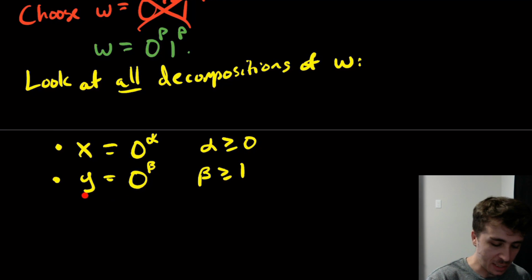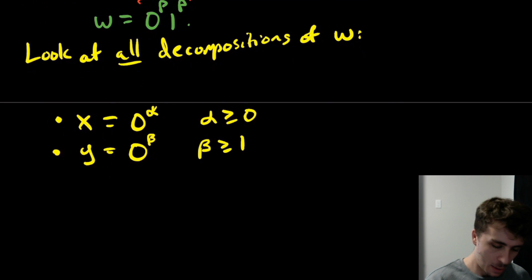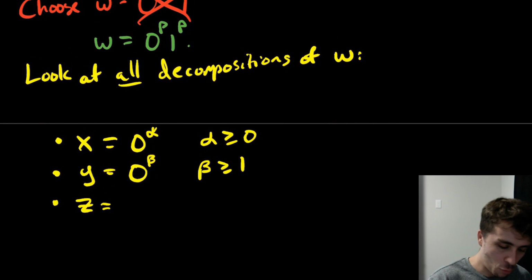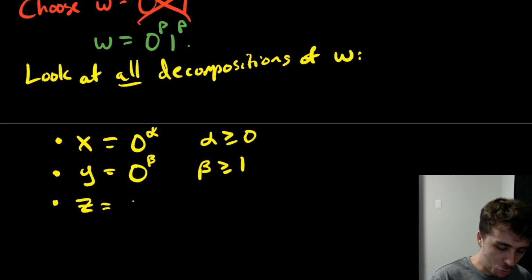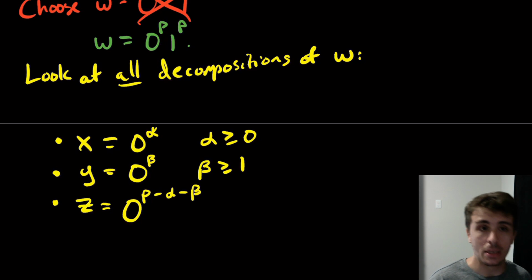And beta is the length of Y, alpha is the length of X. Okay, so what is the rest of the string going to be? Well, if we started off with P zeros right here, and we took away alpha to get X, and beta more to get Y, that means we're going to have P minus alpha minus beta,